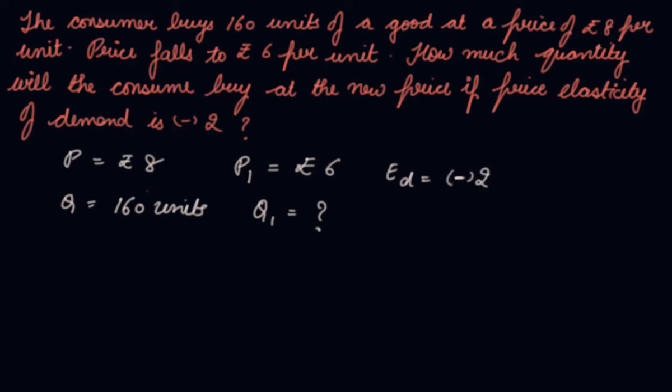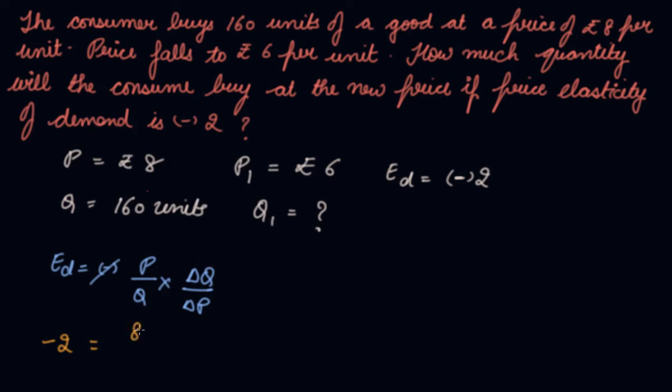Now see, in the formula we used to write a minus sign in order to make the elasticity of demand positive. Now they have given you elasticity of demand in negative form, which means that in the formula they have not used the minus sign. So if you get the elasticity of demand negative, do not use the minus sign in the formula. In that case the formula will be simple: P by Q into change in Q by change in P, which means no negative sign, as your elasticity of demand is given in negative, which means that they have not used minus sign to calculate the elasticity of demand. Now your elasticity of demand is -2,